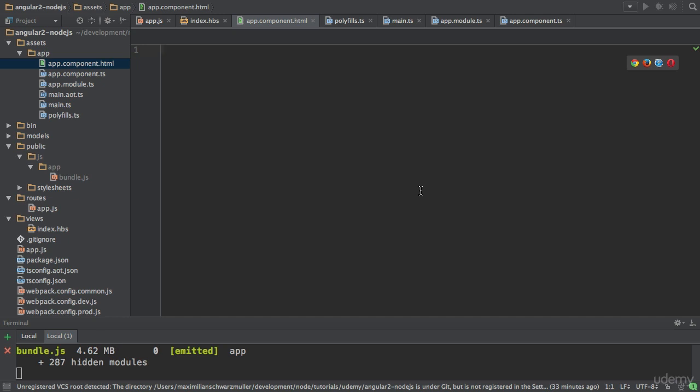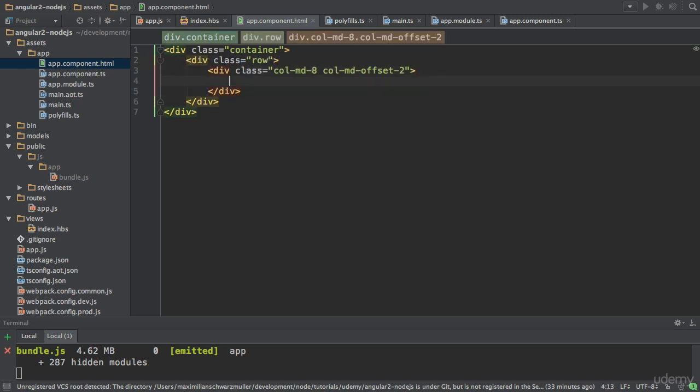empty. And then in here, I want to set up some Bootstrap styling. Now, for this styling to work, I will first create the outermost Bootstrap class, a container, and I use Emmet here as a plugin, which allows me to create classes like this by hitting tab then. And then here I want to have a row, let's say with colMD8 and some offsetting. So this is all just some Bootstrap styling. The Bootstrap CSS framework has nothing to do with Angular 2, just to give this a nice grid and position